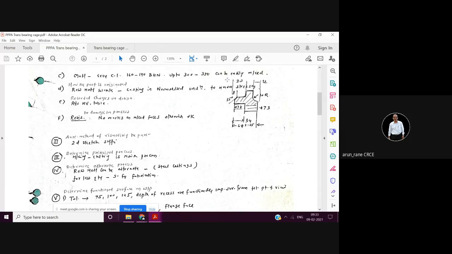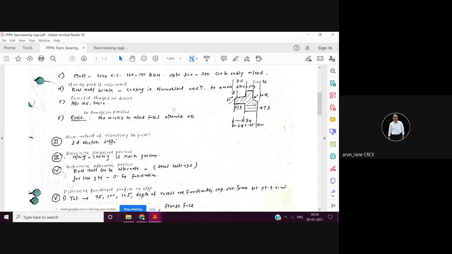Then your next step is how the part is originated. How the part is originated means you have a raw material blank and it is casting, and the casting is in normalized condition. Why normalized condition? In order to remove the stresses.